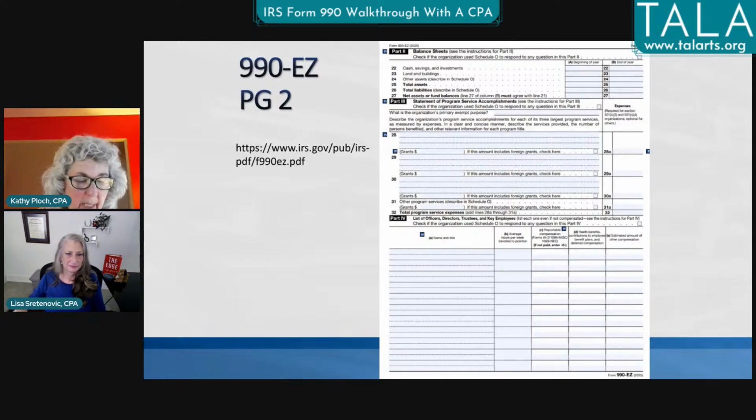But basically you just need the officers, the name and the title, the average hours per week. So, we talked about volunteer hours. Well, these board members, how much do they devote, how much does your president of your organization devote every week to that position of president of your organization?